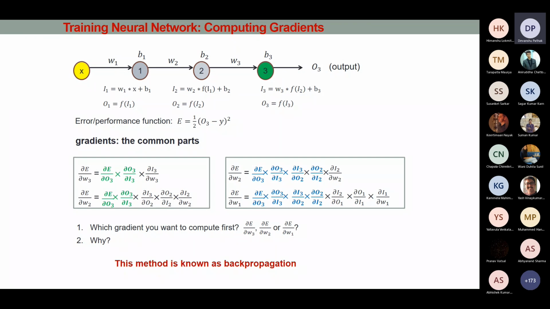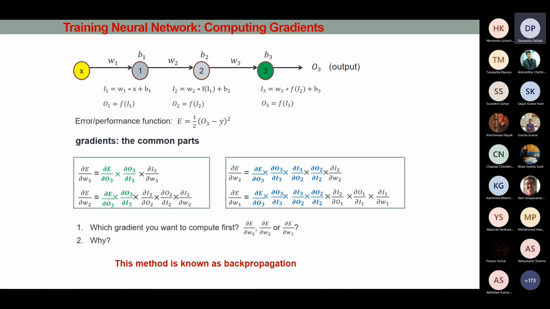Okay, maybe you can answer this question. What is the number of such expressions, the activation function expression derivative, in del L by del W2? Two. Two, yeah, exactly. And in del L by del W3, there is only one, right? Now, how many expressions of the derivative of this activation function there are will depend on the length of the chain.